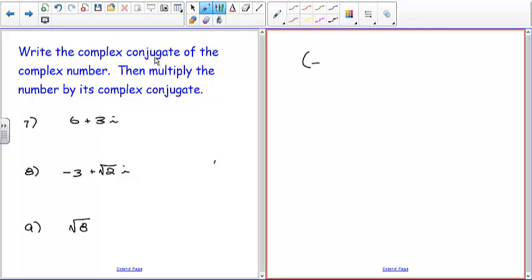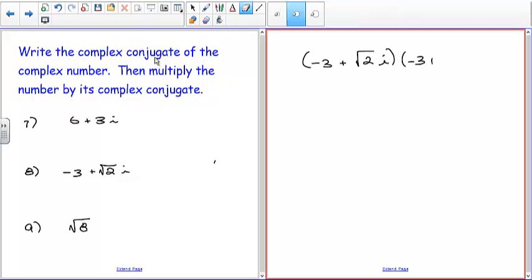Okay, so here we go. Negative 3 plus the square root of 2i. Its complex conjugate is negative 3 minus the square root of 2i. Okay, so now we're going to use FOIL. So you're going to have negative 3 times negative 3, which is positive 9. We're going to have negative 3,